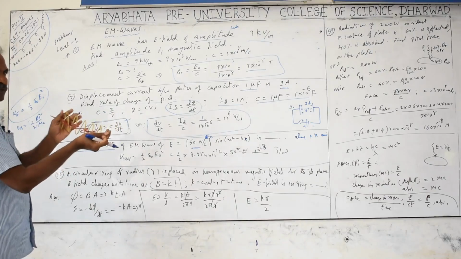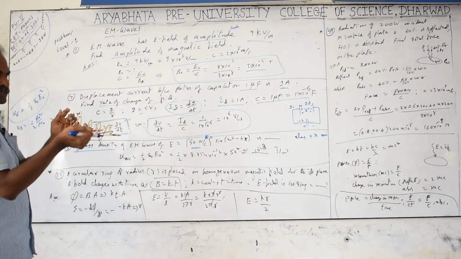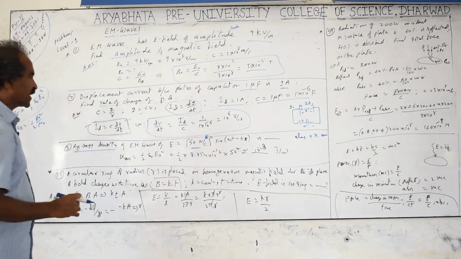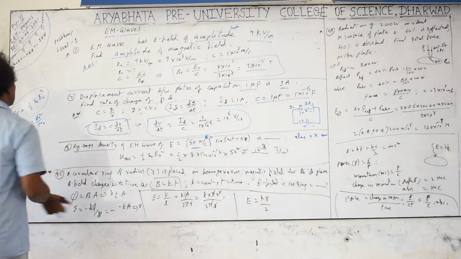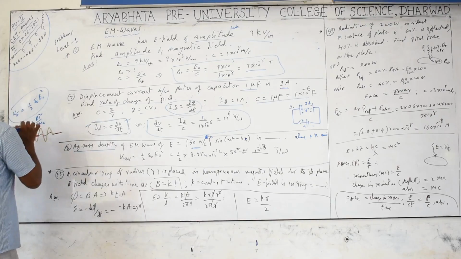Sometimes they will give the beam with an area of cross section, like a torchlight. If we take a uniform beam, then length into area of cross section is the volume, and energy by volume can be taken as the energy density. In that we have the electric and magnetic fields. If we ask for the total energy density, you take the sum of these two; both are equal in magnitude.